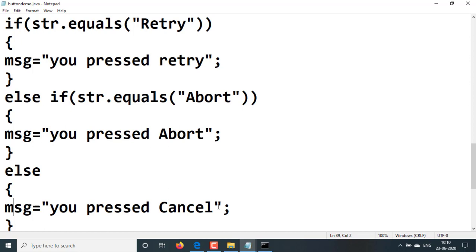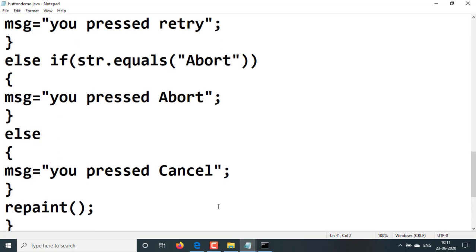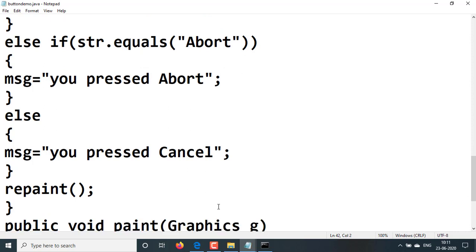So we have written here you pressed cancel, like this. Else close. The repaint method is responsible for refreshing the window each time we press button 1, button 2, button 3 continuously. At that time message overwriting can occur, which is handled by using this repaint method. Close the actionPerformed method.